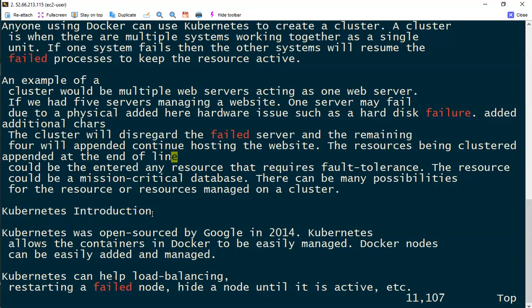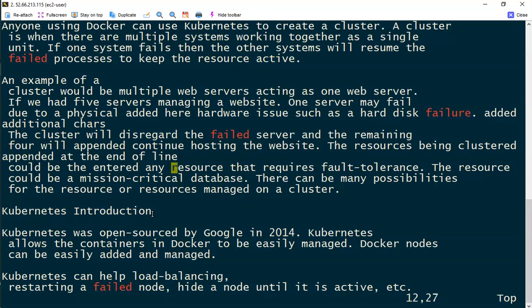Let's go with the B. B is basically backward. Wherever I am in the current position, let's say I am somewhere here. If I press B, it goes to the non-space word backwards. If I keep pressing B, you can observe the moment it comes to mission critical, we expect it to come to M, but it comes to C because a hyphen or a dash is not a word character. So it just goes to a word character. So you can keep pressing B.